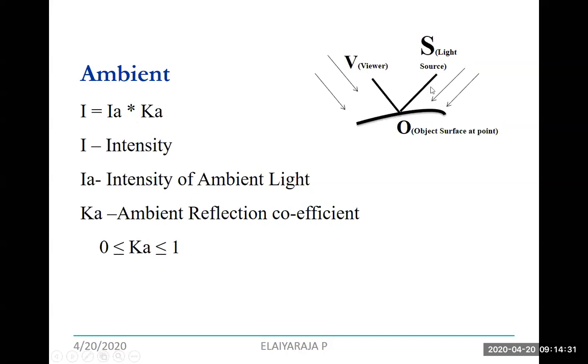Basically, you are going to consider two different points. One, the source of the light, another one is the viewer point. The source of the light hits the surface. At the point where it hits the surface, either it reflects, refracts or diffuses, which you are going to check based on the viewer movement.